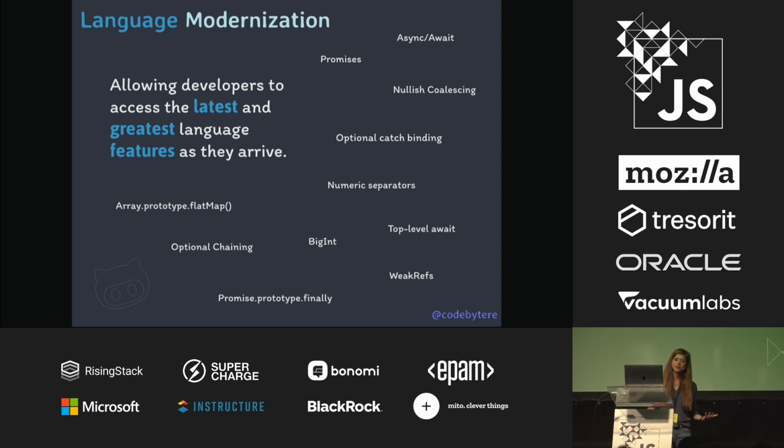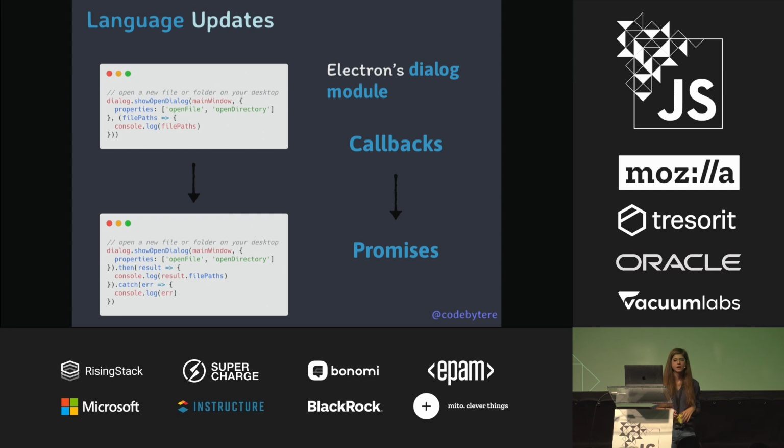Some you might be more familiar with include promises, async await, optional catch binding, or nullish coalescing. Some of these capabilities get to Electron for free when we update our dependencies, like V8, but we'll save that for later and focus on the more costly updates right now. A notable effort in the Electron codebase this past spring was known as the Promisification Initiative, which took most of our asynchronous APIs and transformed their usage from callback to promise-based.